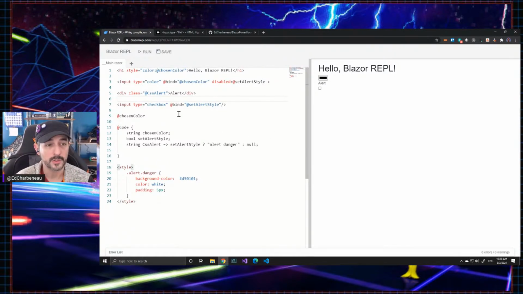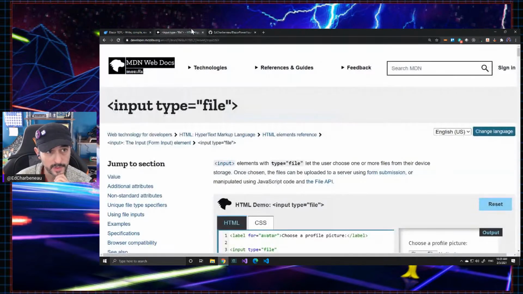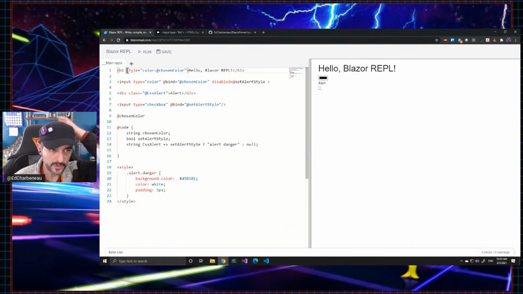Let me see, what else can we do here? This color style is pretty interesting. If we take this and bind it down here. Okay, let's try something else. Let's see if we can use a CSS attribute. This is another thing you can use in Blazor that most people probably don't know about. So let's go back to the REPL. When I'm setting this style tag here,